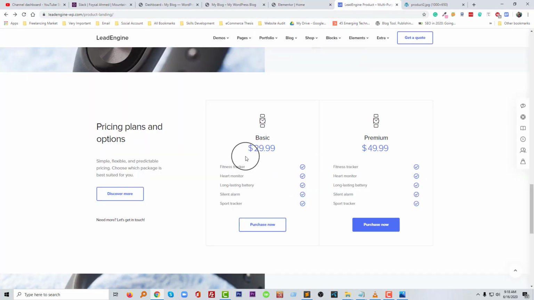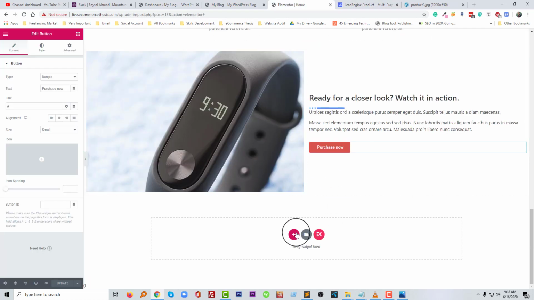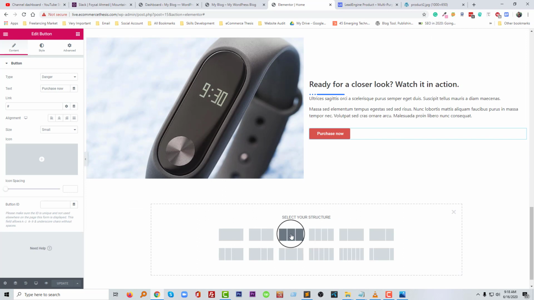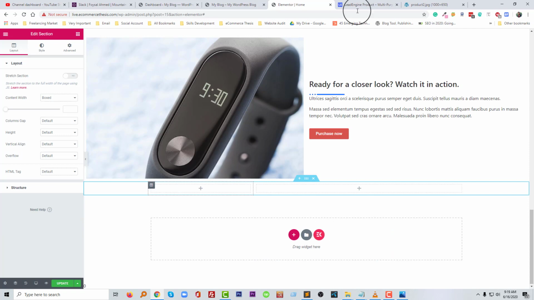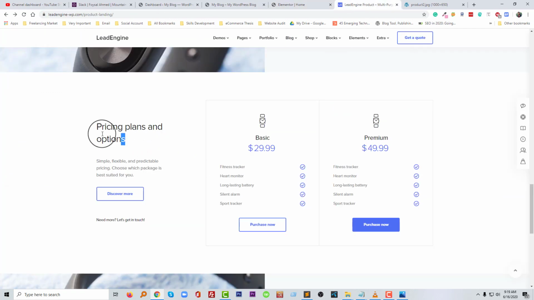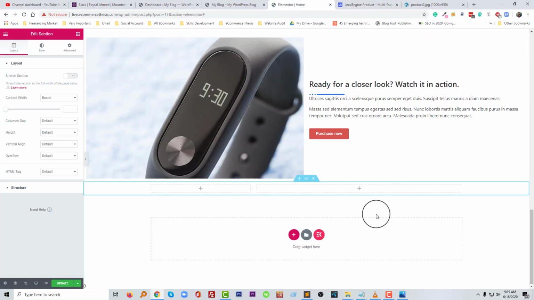So we're ready to work in this section. Add new section and add this structure, and in the left structure we'll add text and content and a button, then